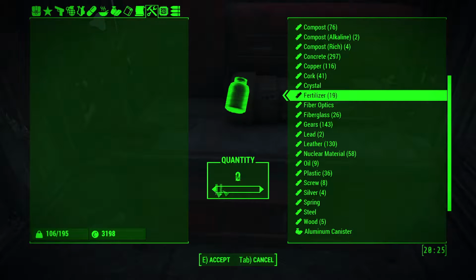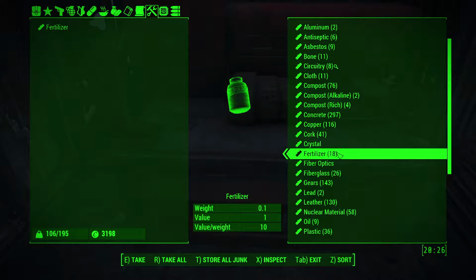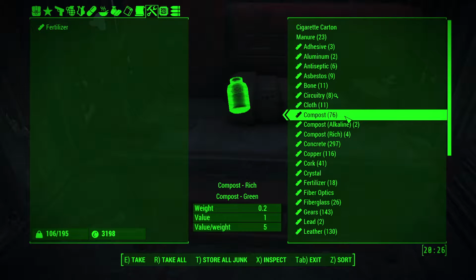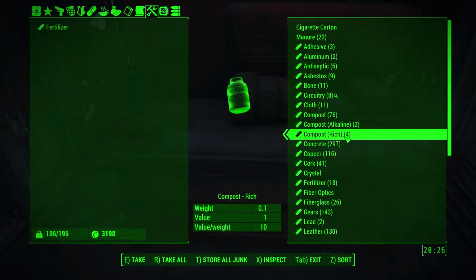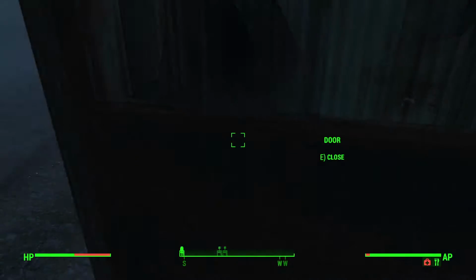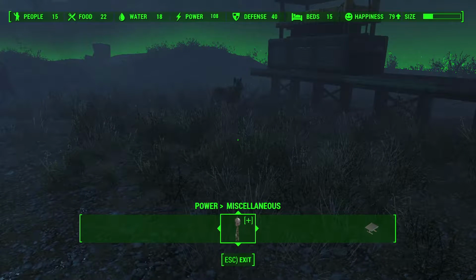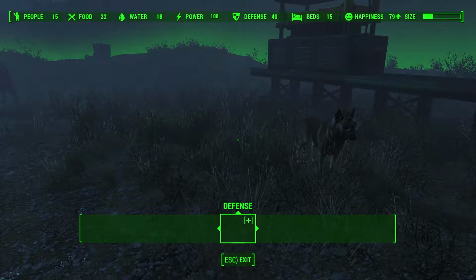But we need to look at what it's going to take to manufacture fertilizer. Can we make fertilizer, I guess is the better question. Which I believe is made out of compost. Compost. Yeah, let's just have a look. I'm planning on doing some more work with this kind of stuff here, so let's just... We'll go with the power